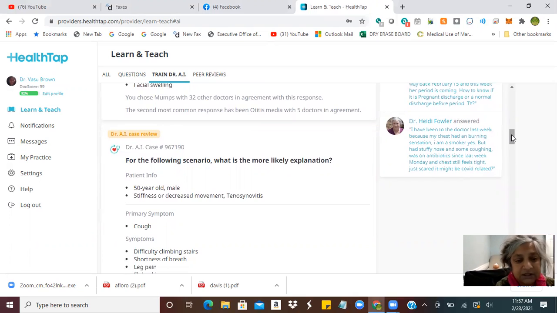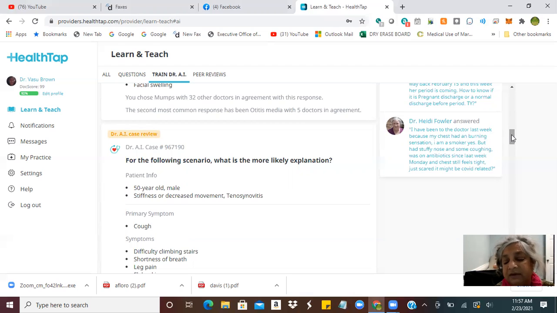And here the scenario is a 50-year-old male, stiffness or decreased movement, tenosynovitis. Remember, whenever you have a ligament issue, tenosynovitis, inflammation of some sort of the ligaments and tendons, always the thyroid is compromised. Thyroid is the master gland for all the ligaments and tendons in the body. And if the thymus is involved as well, lymphatics are involved. So the 50-year-old male, stiffness or decreased movement,